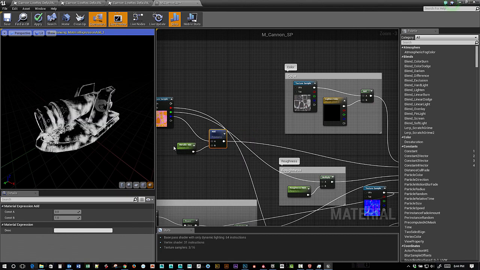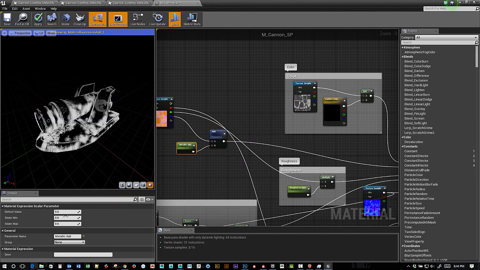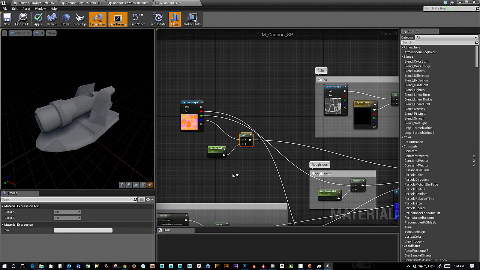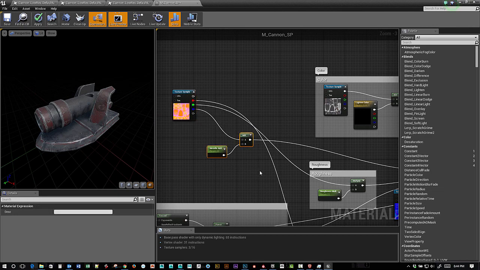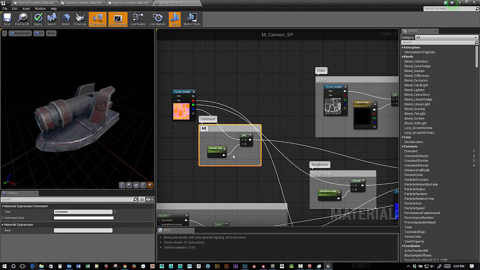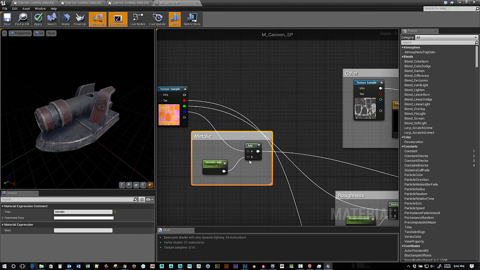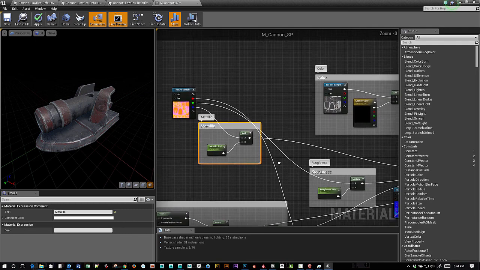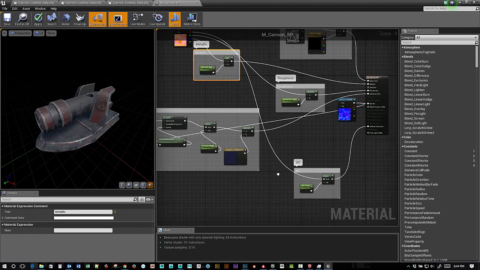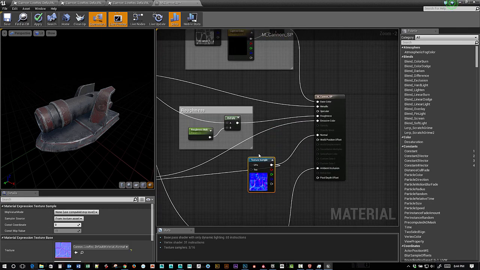We can start previewing this. So here's the map that we've got, and if we want to start pushing this whole thing towards white, then we can start giving higher values like this, and it starts pushing it up towards white. So we'll make that 0. We'll stop previewing this node. Let's just go ahead and take this and then tap C for comment and call this metallic. I think I'm missing a T. No, just an L. Like this. So we've got metallic, we've got our color, roughness, Fresnel, AO, and I think that should be